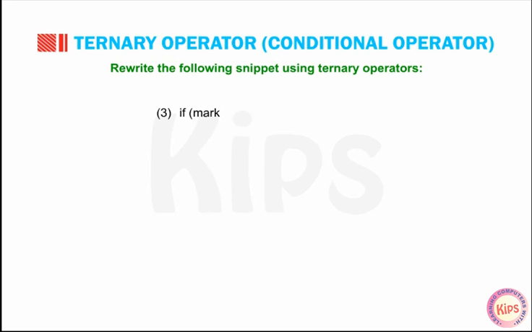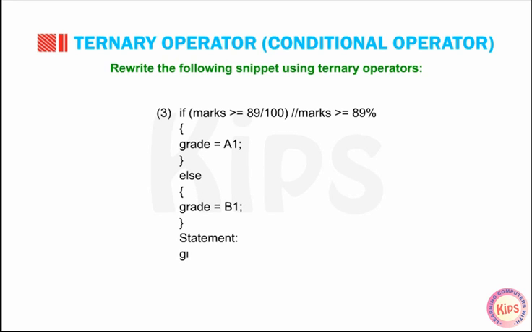If (marks >= 89/100), marks >= 89%, { grade = A1; } else { grade = B1; } Statement: grade = (marks >= 89/100) ? (A1) : (B1);